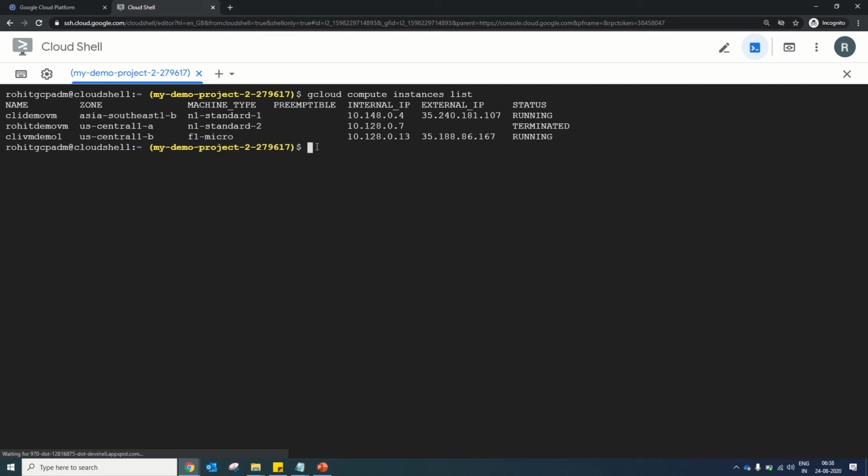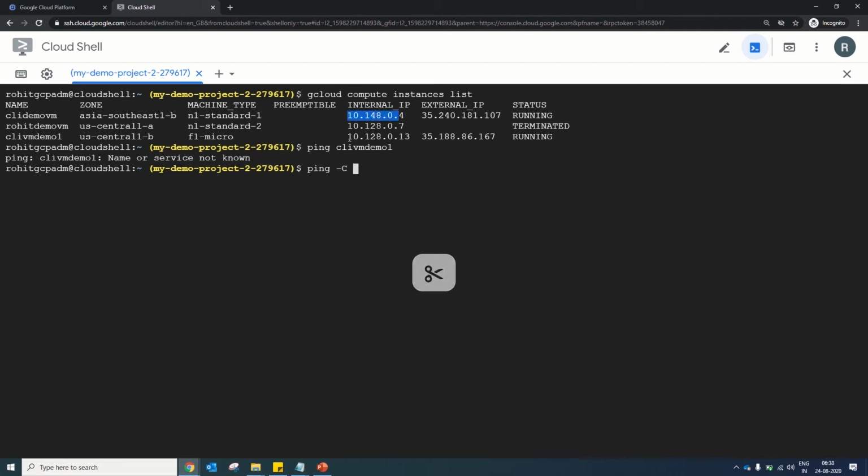Now we will try to ping the machine. For this, we will use the machine name CLI demo 1, and it says that the machine name is not found because we have not done any kind of networking here. So this will come into the picture when we do networking kind of things, and we'll add these machines in AD or FQDN naming so that the machine can be pingable or reachable using the name. Now we will ping the machine using the internal IP. Please pass -c as an option, otherwise the ping will keep going on and it will not show you the results.